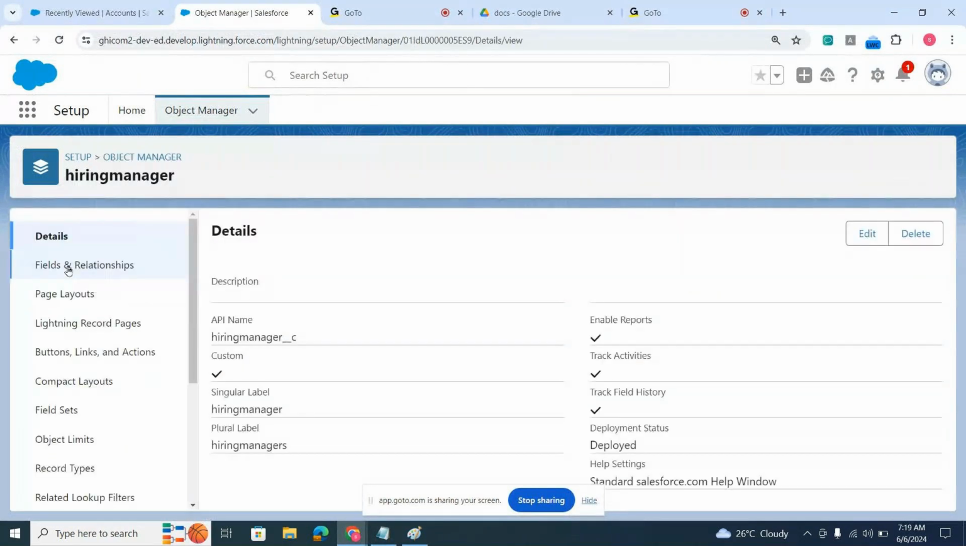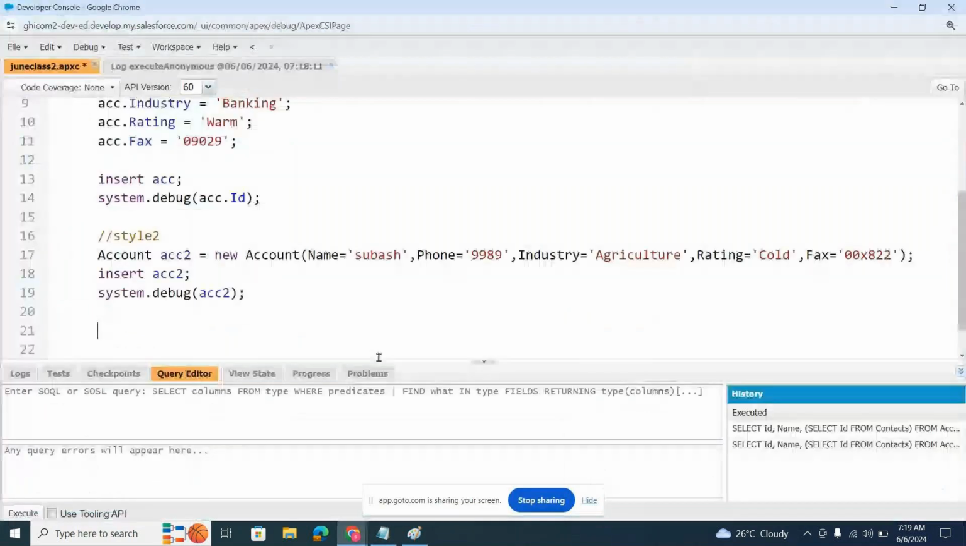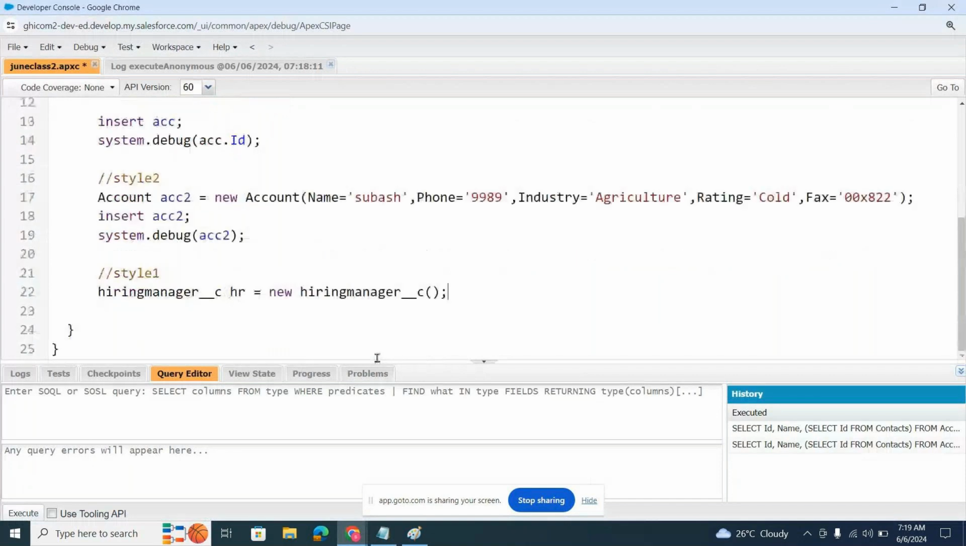I'm using style one. Which one feels better, style one or style two? I feel style one is better, so I'm continuing with style one only. In real time also, we mostly deal with style one only, because to type the data manually you need to go to the object manager and take the data like this. Here there is no need of